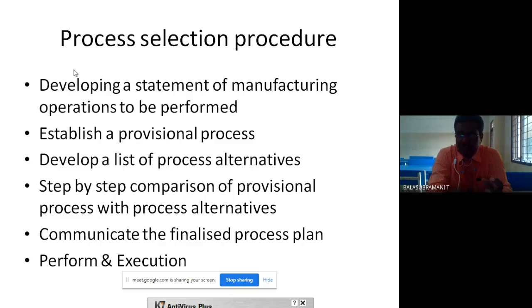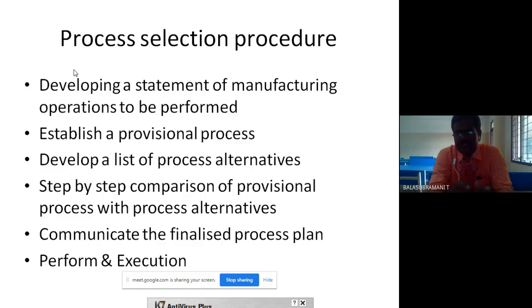Second step, establish a provisional process. Then develop a list of process alternatives, step-by-step comparison of the provisional process with process alternatives, communicate the finalized process plan, and perform execution. These are the steps of the method.